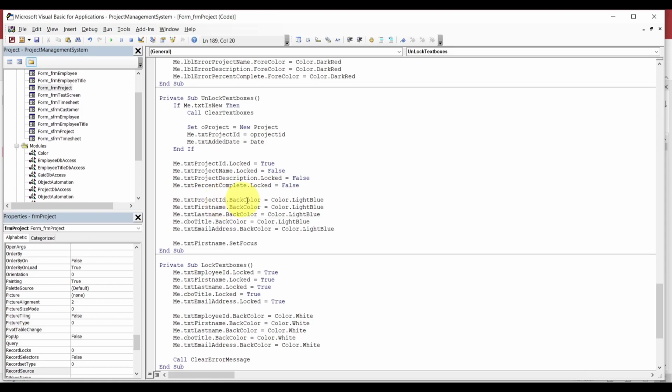Project ID, this will be white. Project name, project description, % complete, and